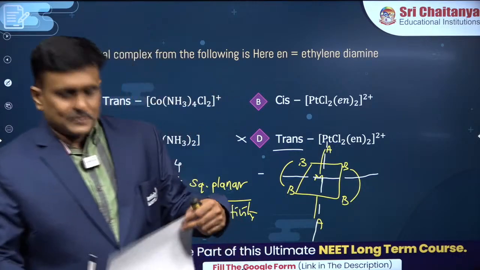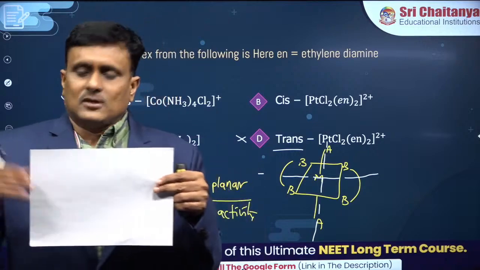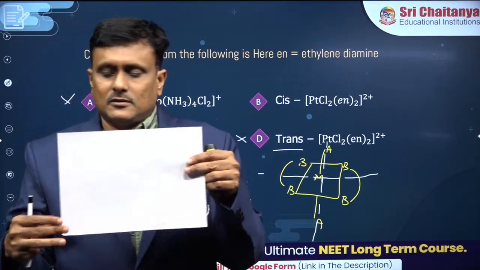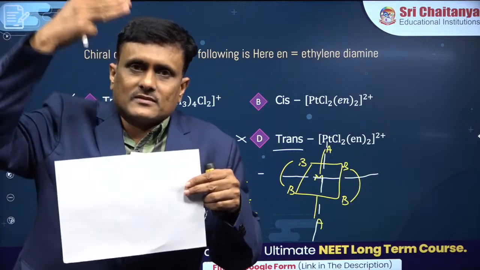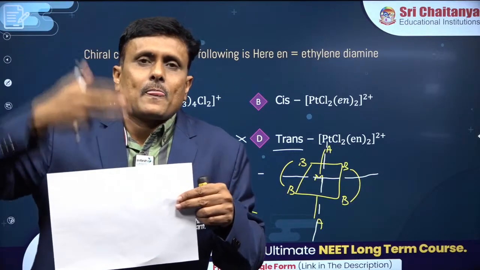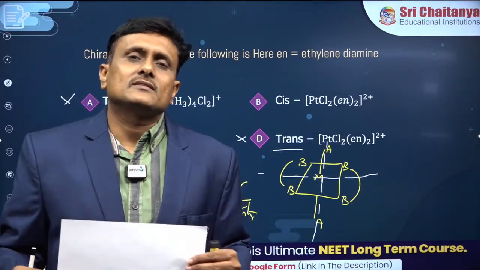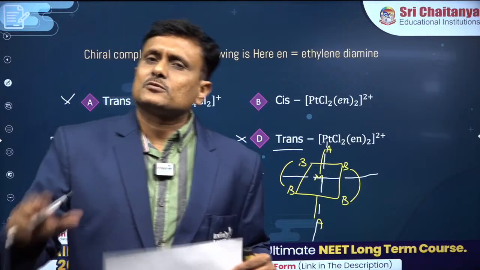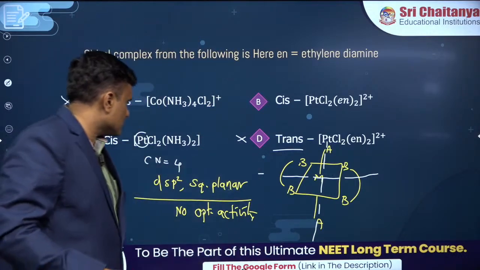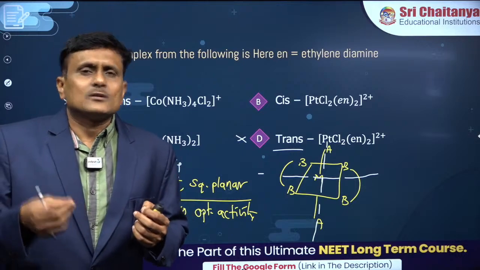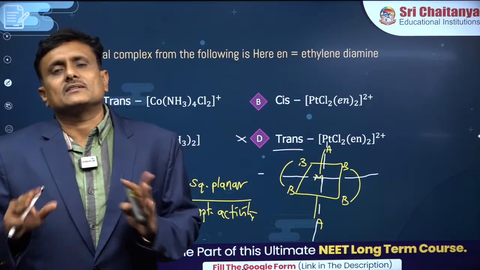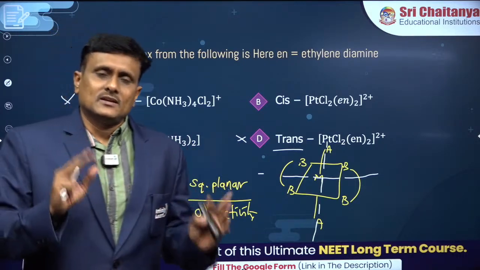You can see if I pick this paper, this is square planar. No matter what you keep on the four corners of a square planar shape, along this axis, this is having the plane of symmetry. So square planar does not exhibit, no matter which groups are present, whether they are identical, non-identical, whatever groups are present, any sort of